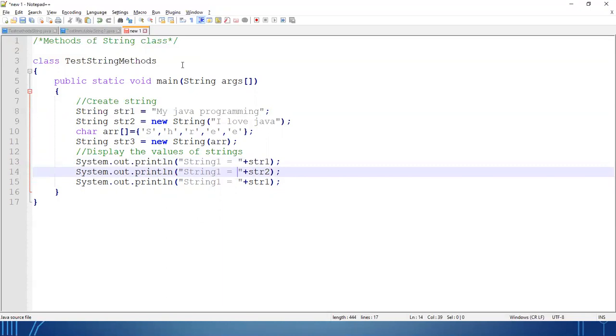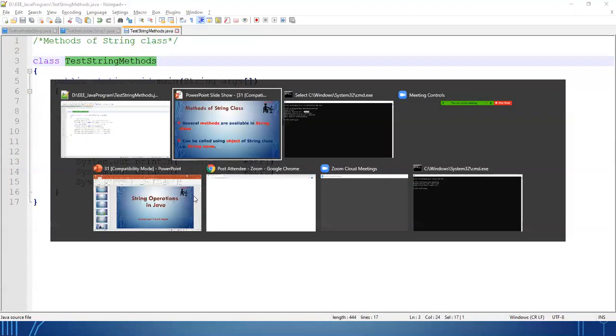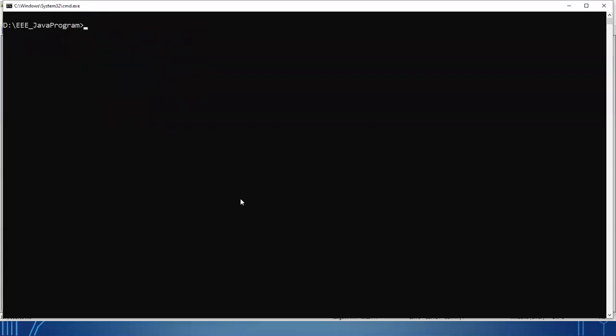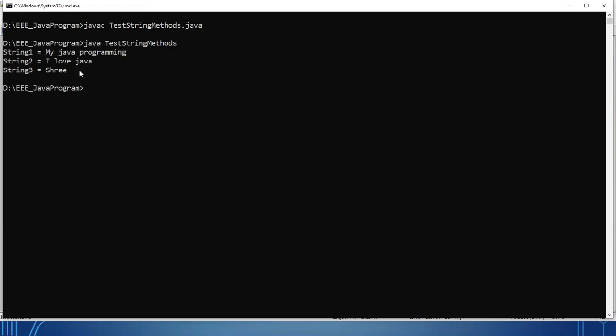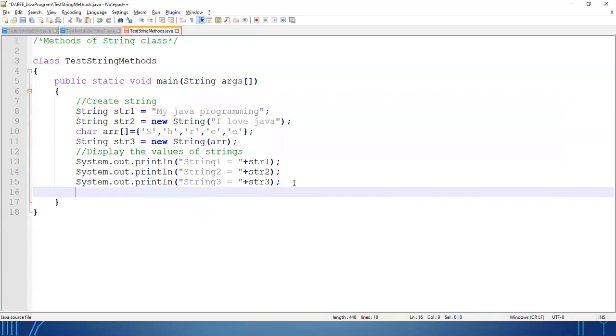I am printing the second string value. Before doing any operation, let's first test whether the strings are coming perfectly or not. So all strings are coming perfectly. Clear? So let's apply different kinds of methods.